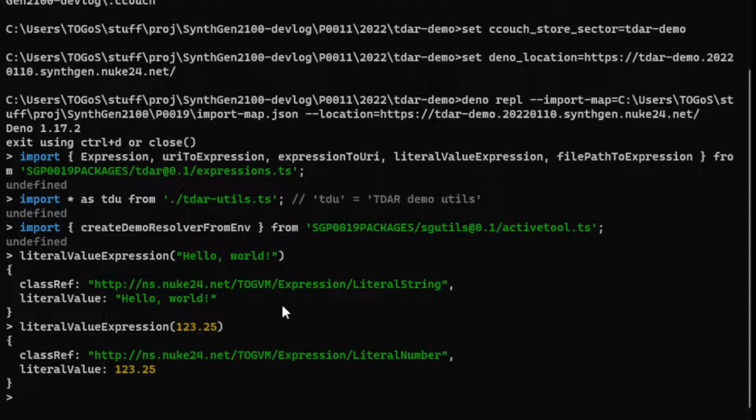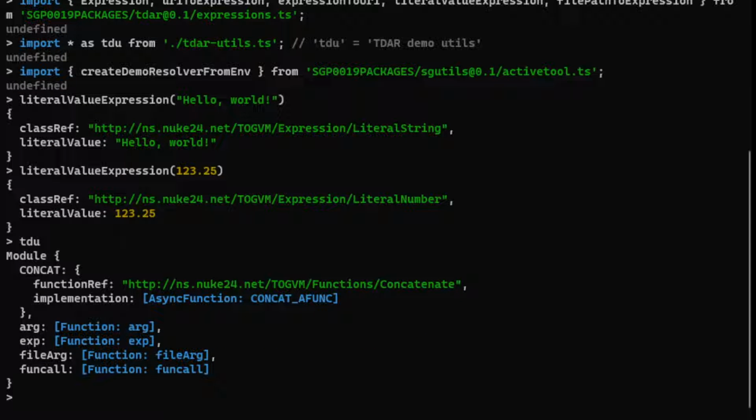The VCV rack plugin generator that I wrote last year that's part of the same project also uses the same scheme. All right, so anyway, that's pretty boring. What's something a little more interesting? Function calls. So if we do, let's see, TDU, I think I imported a module called TDU. It's got some stuff in it. This is just a helper module to make